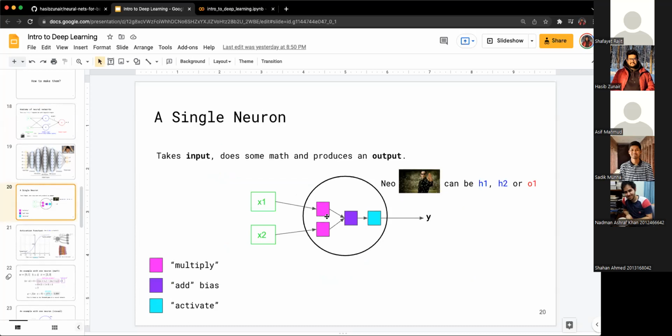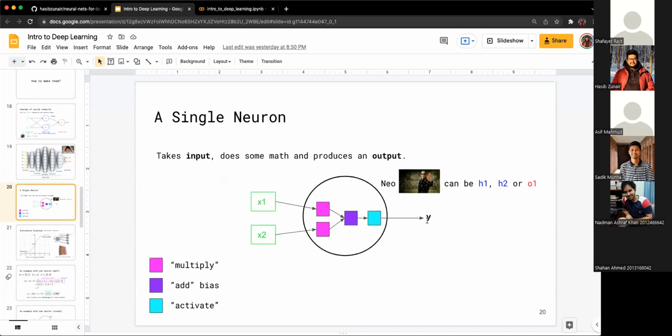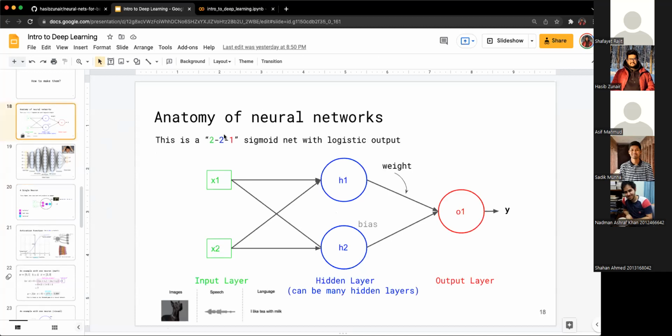So you multiply these 2 first, and then you add a bias. Bias is also another integer value, just a single number, where you add the value to the previous ones, the one you got where you multiplied them. And then you use something which is called activate. After this activate operation, you get your final output, which is Y. In this case, if you consider O1, Y would be your final output, right? But if you consider maybe H1, it's going to be an intermediate output, which then gets multiplied with this weight again.